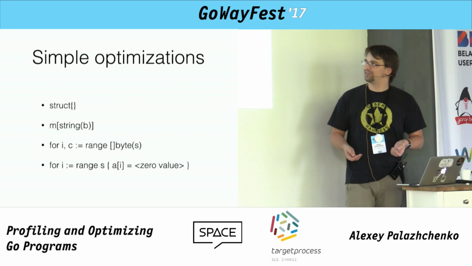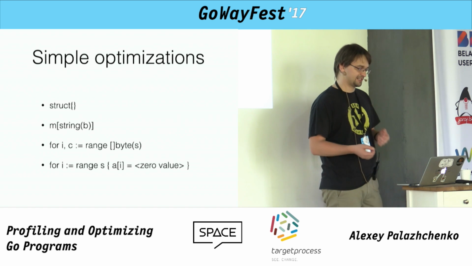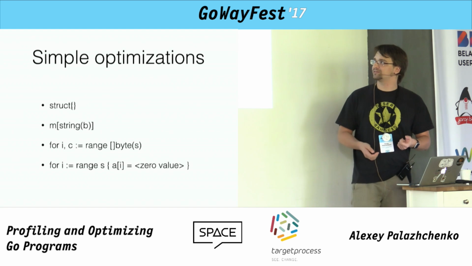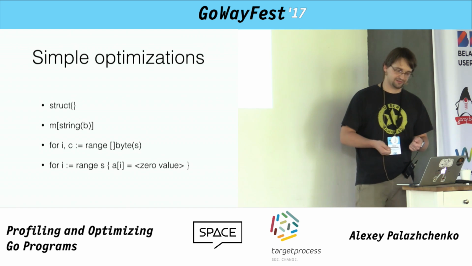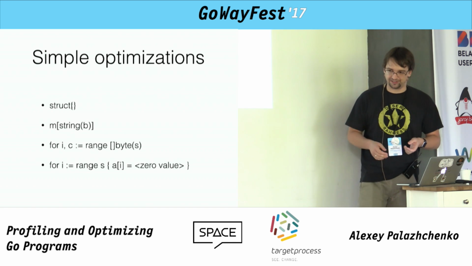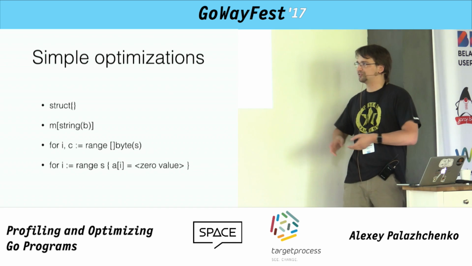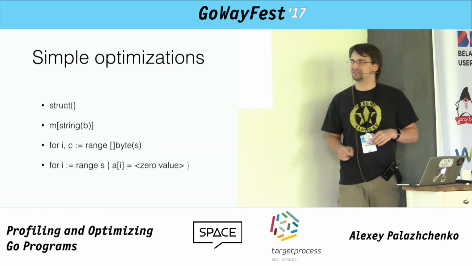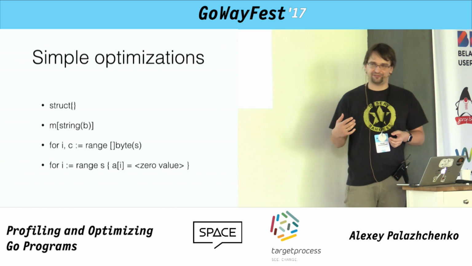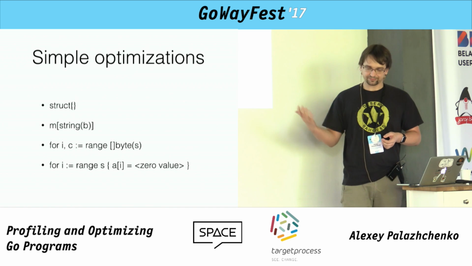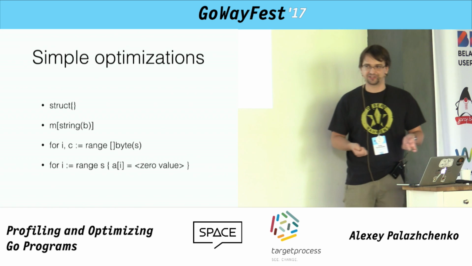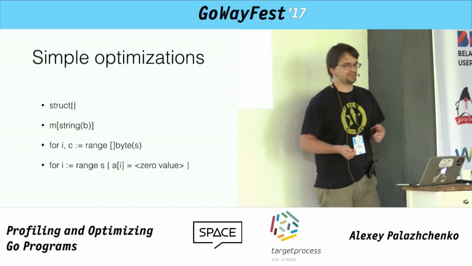Then let's say you have some map where string is a key and you have a slice of bytes. And if you write access to this map as written here, exactly like that, it will not allocate a string. It will just use the slice of bytes to make a temporary string without actually making it. It's optimized in the compiler. When you refactor this code and say you want to extract this into a temporary variable, you will lose that optimization. So it's important to